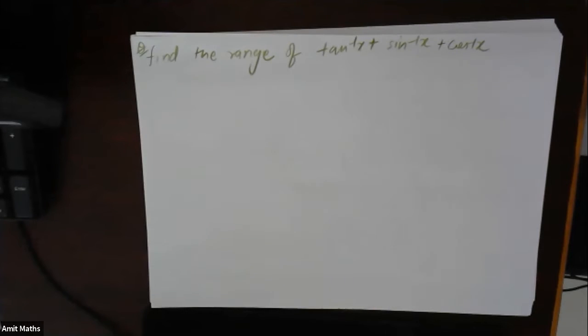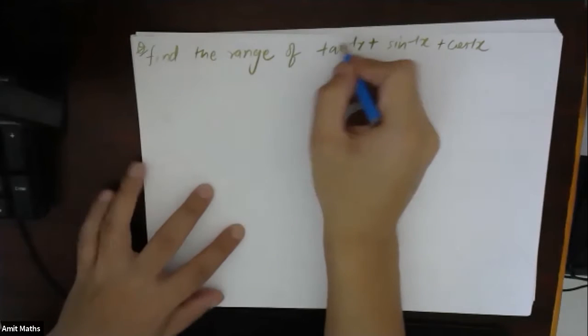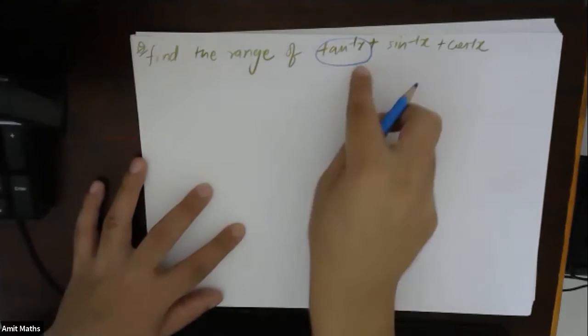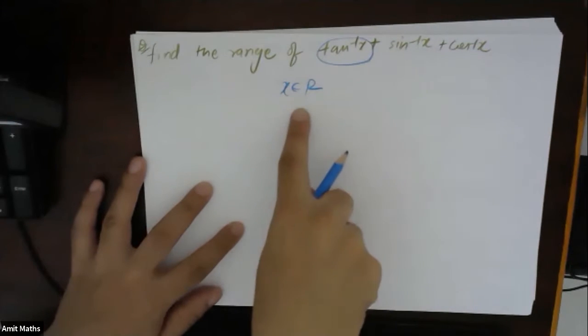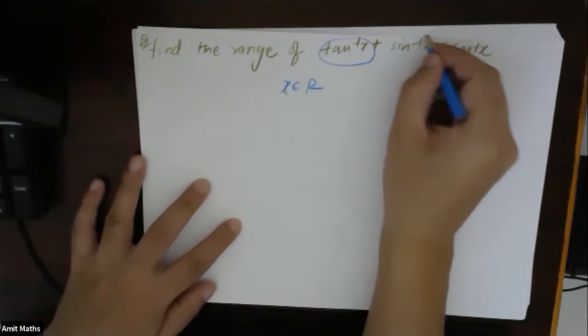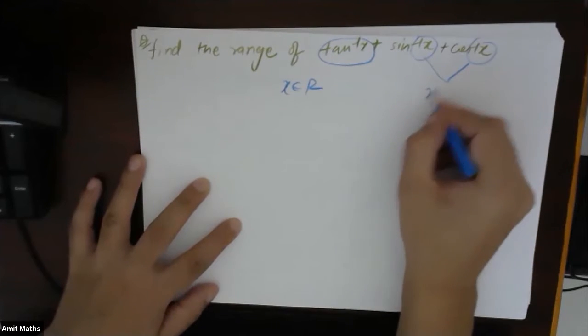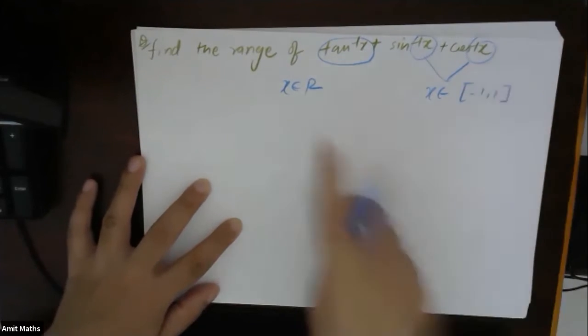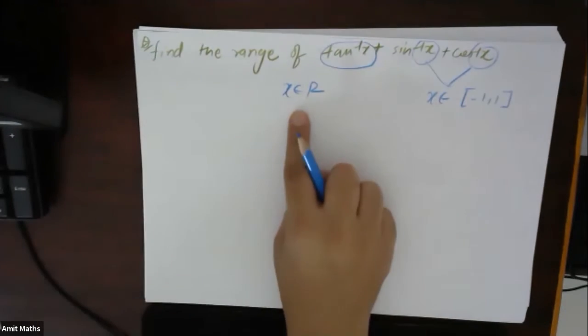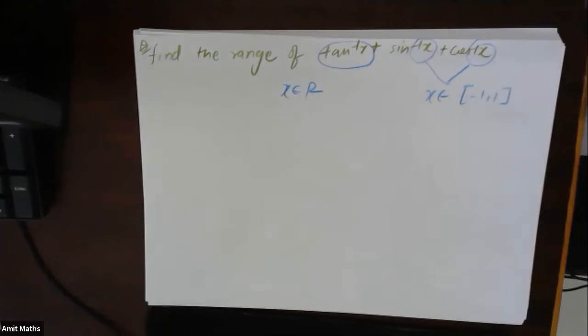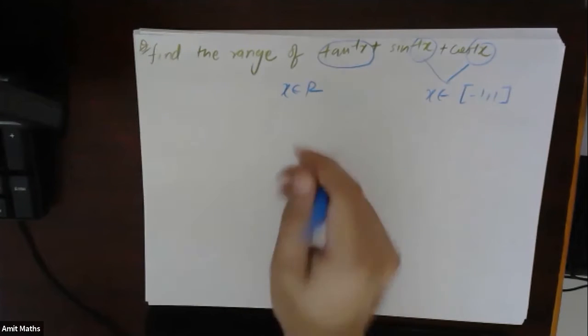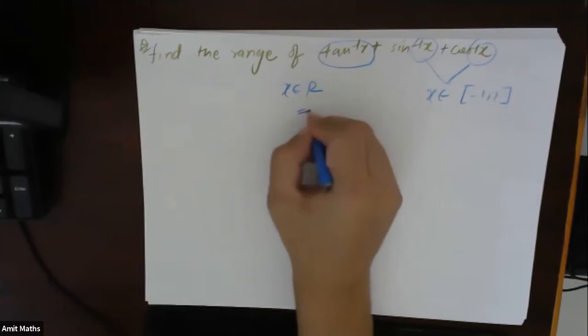One thing to observe here is, for this part, x belongs to real numbers. And for these two parts, x belongs to -1 to 1. Then which one should I take? Should I take this one or this one, or should I just improvise a little bit? If I'm saying this question is valid, then what should be the domain of x? Real numbers or -1 to 1?